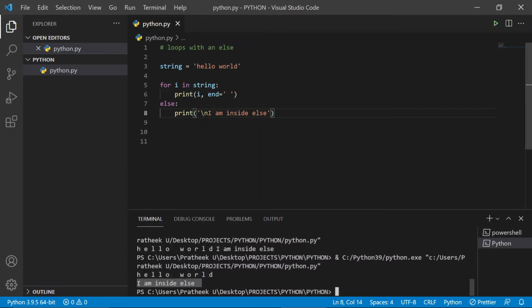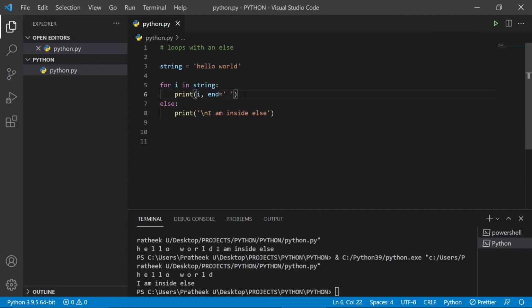That's because we made use of this \n or new line character. By default, it was to print this over here, but since we made use of \n, it gets skipped to the next line. So in this case, you might have wondered, hey, why did this I am inside else get printed? Here's the explanation. Whenever you use a loop with an else, what else checks for is whether the above loop has hit a break statement or not.